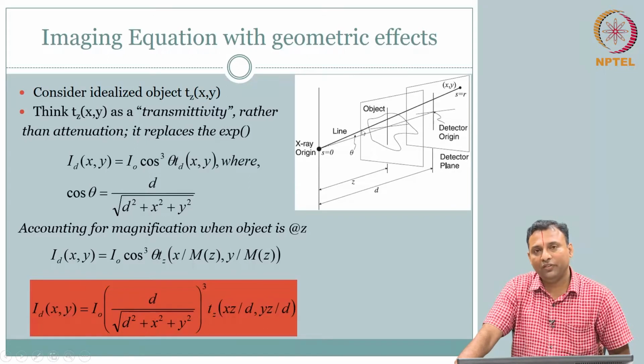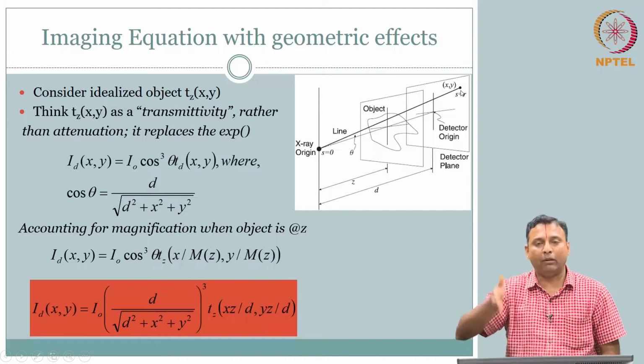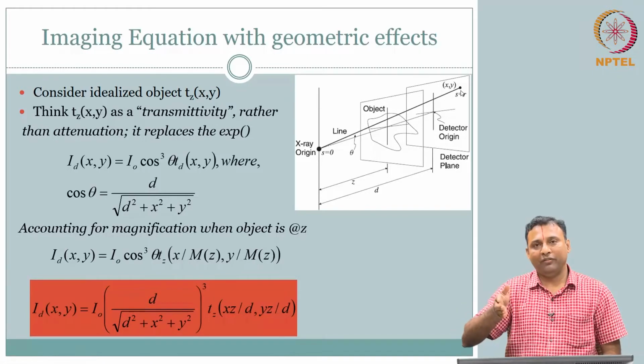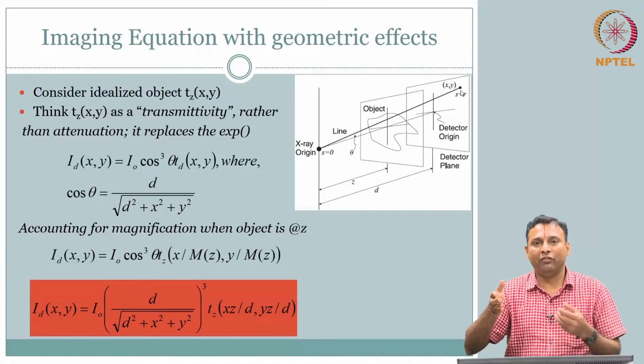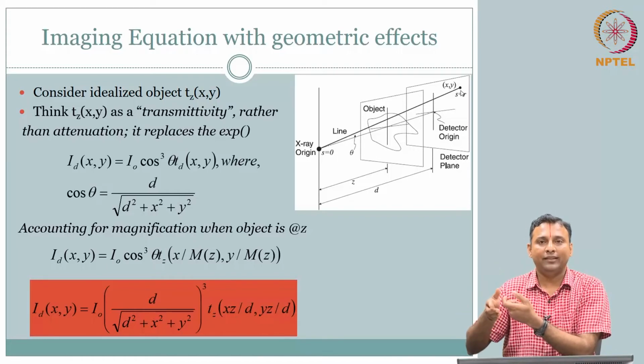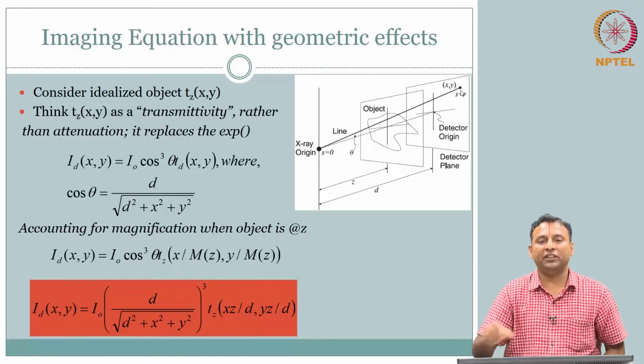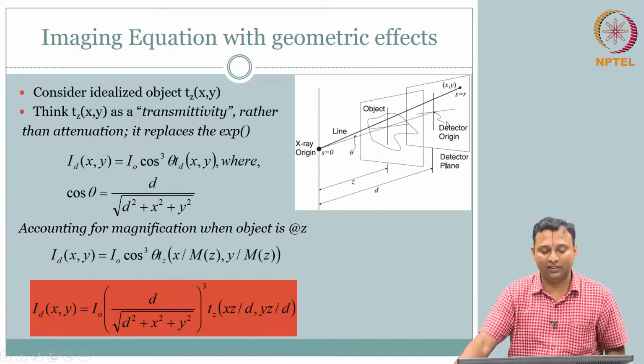Last but not the least, we have talked about the imaging detector plane, but we know what is happening in the detector plane. You have a film screen, intensifying screen, and then film. So, is there any effect because of that instrumentation on the image? These two we will have to still see.